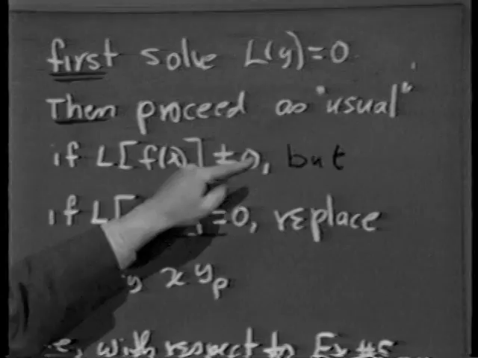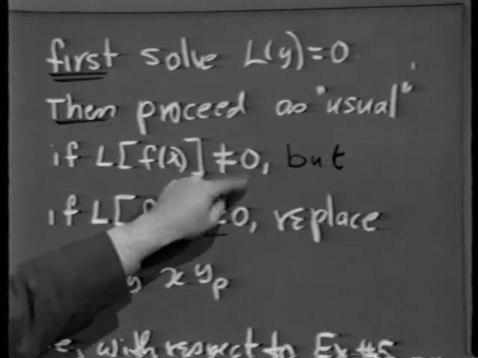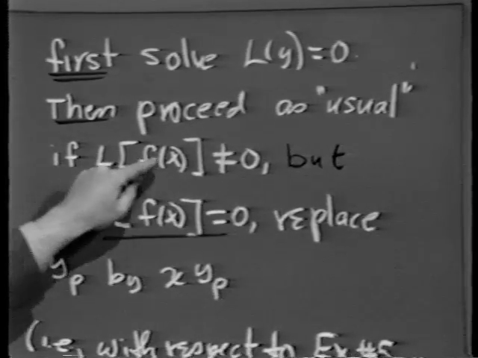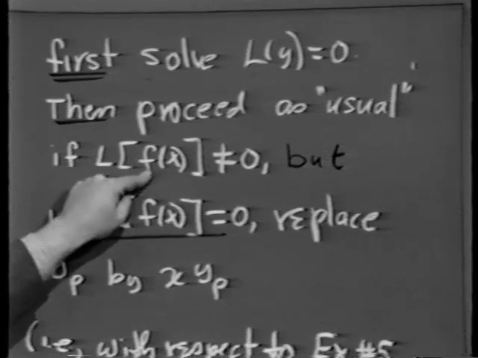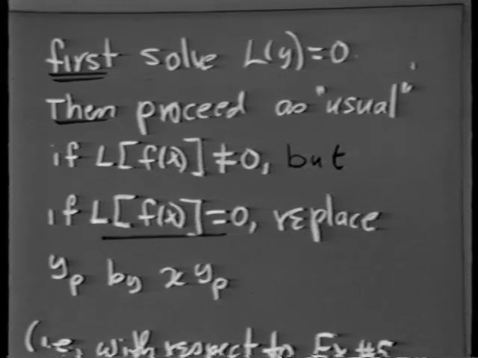Then proceed as usual if L of f of x is not 0. In other words, if the right-hand side is not a particular solution of the homogeneous equation, proceed as usual. That means the way we did it in examples 1 through 4. But